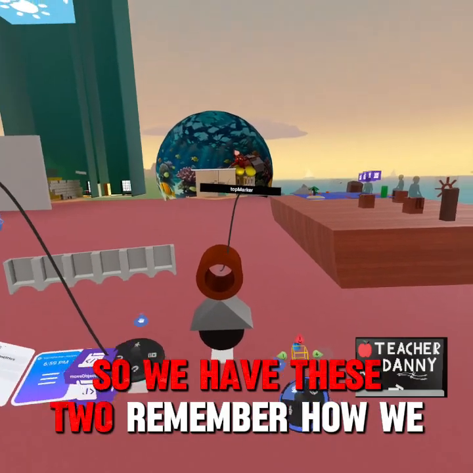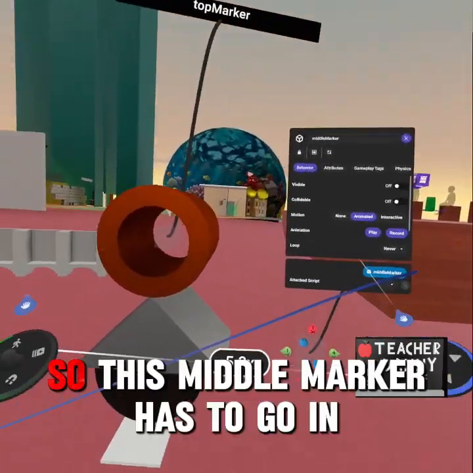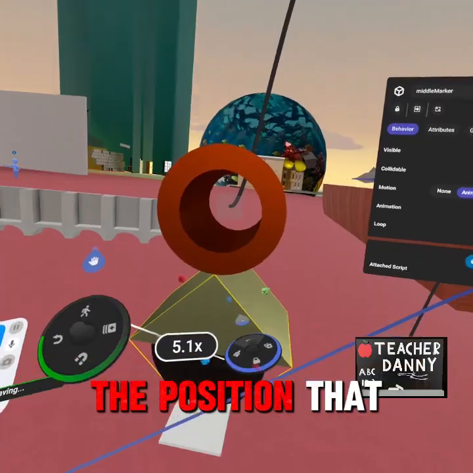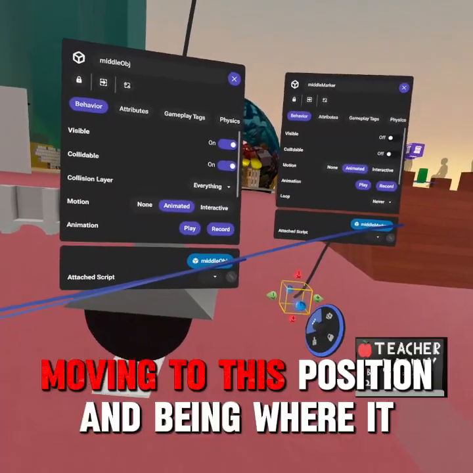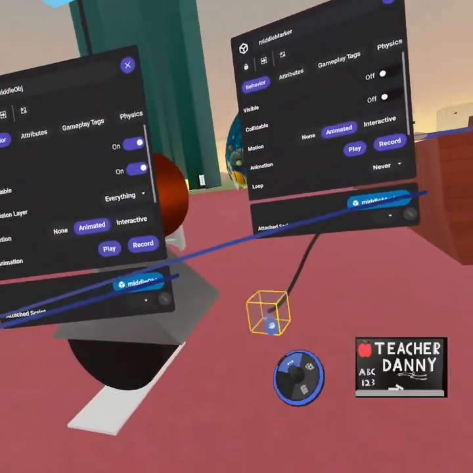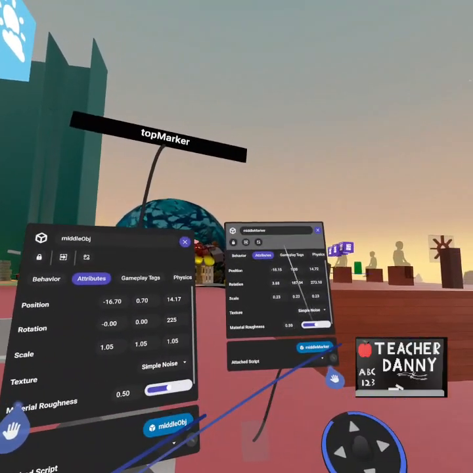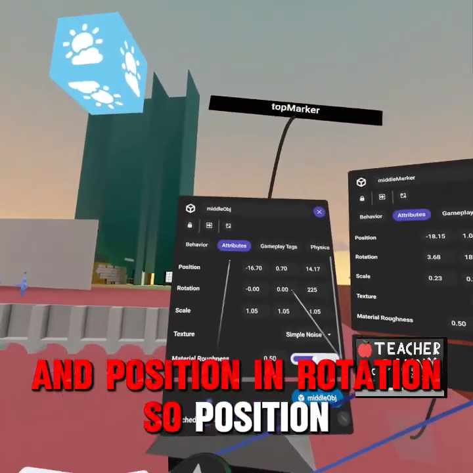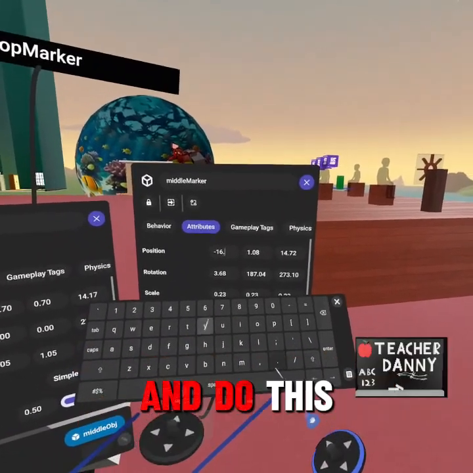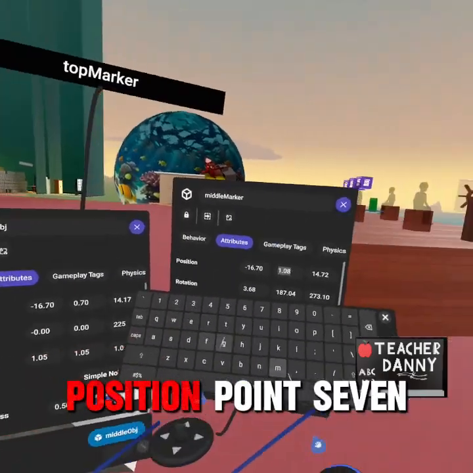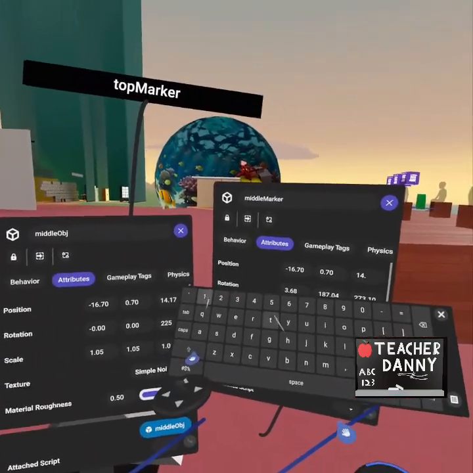So we have these two. Remember how we do it? This is the middle marker. So this middle marker has to go in the position that this middle object would end up moving to, being where it needs to be. So we copy the middle object's attributes in position and rotation. So position, and just hurry up and do this because I think we get this now. Okay, position 0.7, 14.17,